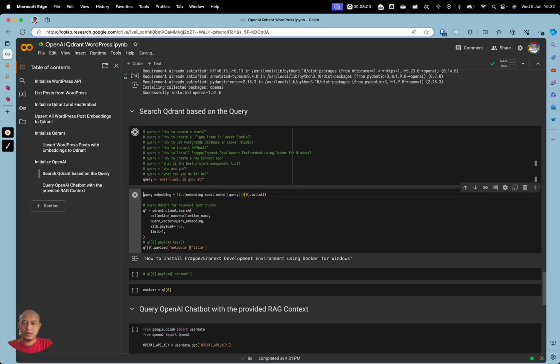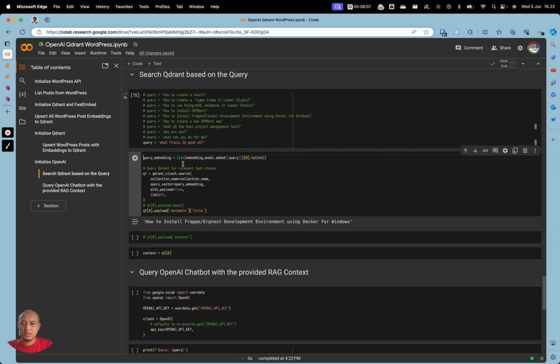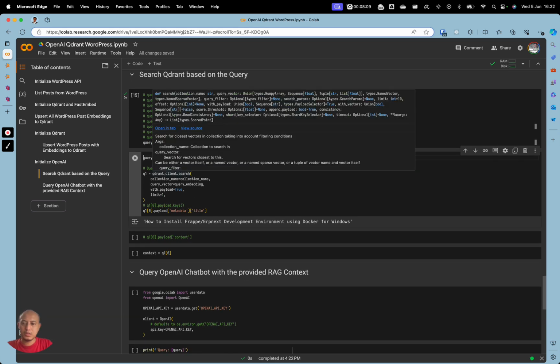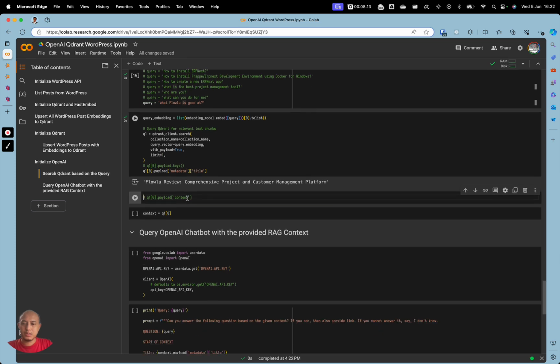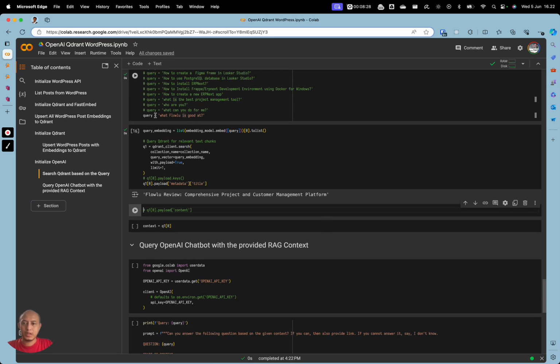I will choose one query here, and then in this code we search the Qdrant database, so it matches one vector document, that is a Flowlo review, based on the query what Flowlo is good at.